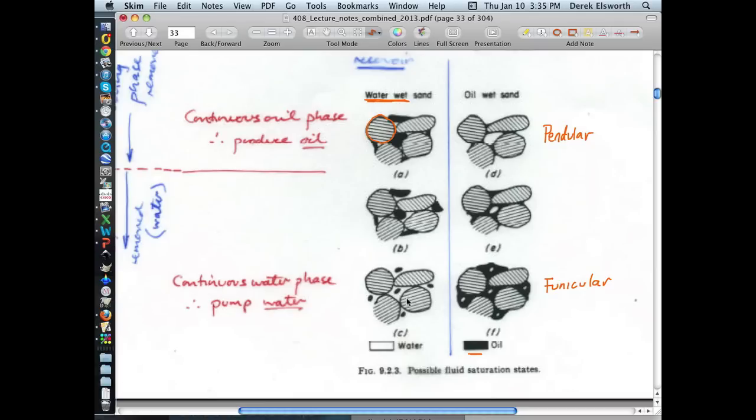But basically, in this circumstance, you won't get any oil out of the reservoir. It'll stick there. And that's, of course, why petroleum reservoirs, when you pump them, you leave 40%, 50% of the oil in place, because you end up with this funicular saturation, which you can't physically get out unless you use some kind of enhanced oil recovery method to be able to do it. And so that's relevant for groundwater hydrology problems because you know that this exists in different places within our plume,